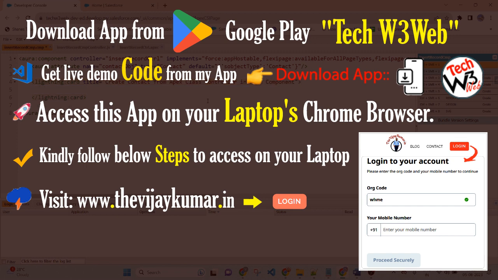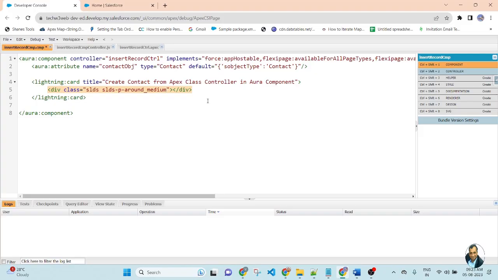Inside that lightning card, I will create a div with class equal to SLDS, which is a predefined class of the Lightning Design System, slds-p-around_medium. It will give space around the container.